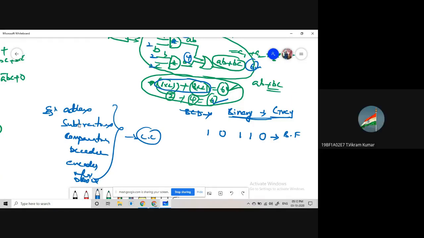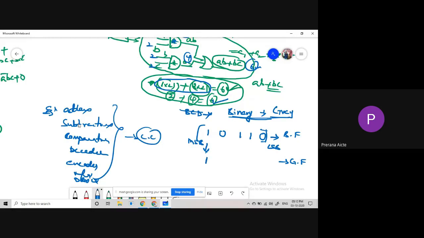Consecutive numbers, yes. So this is nothing but binary information. For the binary information, we are taking the LSB side and the MSB side. Now we are converting to gray code format. For converting binary to gray code, we follow two steps. The first step is that the MSB of the binary format is always the MSB of the gray code format.